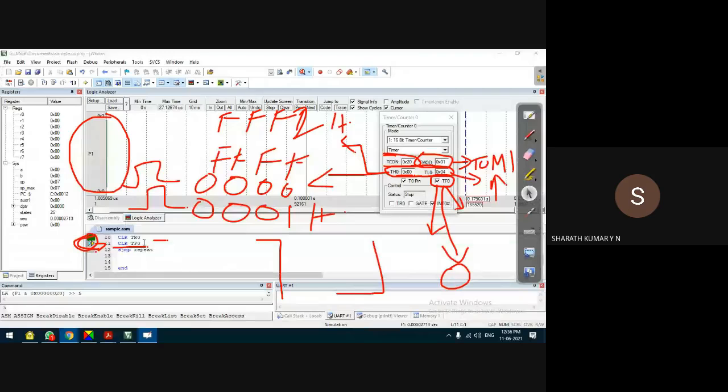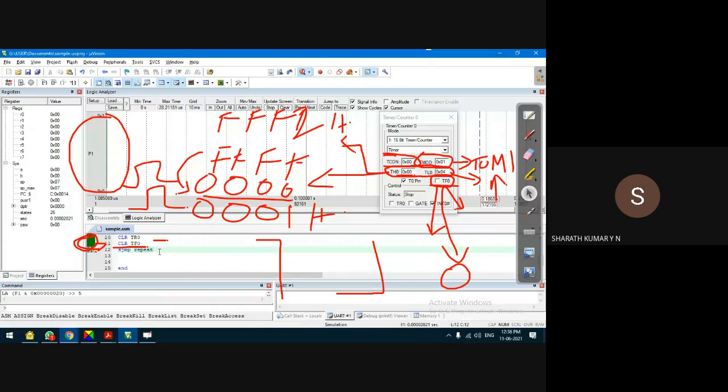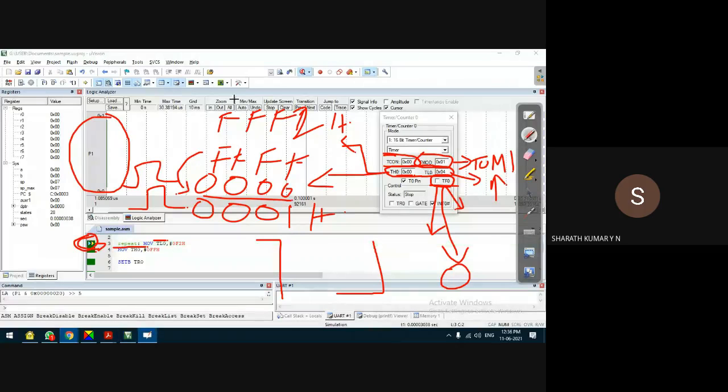Okay, F11 on my keyboard, we can see that TF0 is unchecked. Now it is ready. The timer is now ready to take clock pulses, and it will notify next time when the timer overflows from FFFF to 0000. F11 on my keyboard, SJMP repeat. When SJMP repeat is executed, it will go back to this line where again the timer is loaded with the initial count of FFF2H.